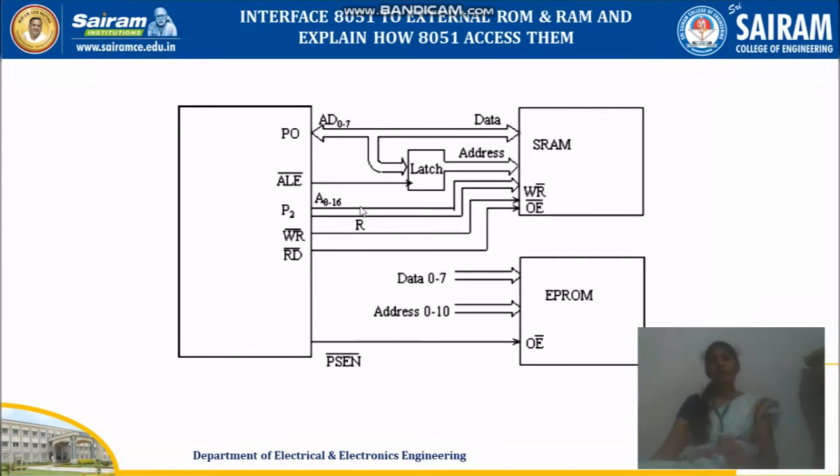Now, okay, here we have seen address and data. But if it is an instruction, if I wanted to write a program or the instruction to the external memory, I have to use program store enable. This PSEN is nothing but program store enable. It means that if you make this signal 0, because it is an active low signal, it allows the program to store in the external program memory.